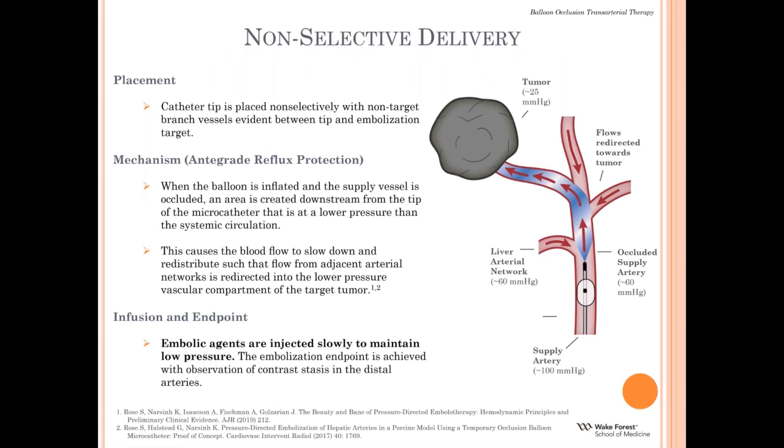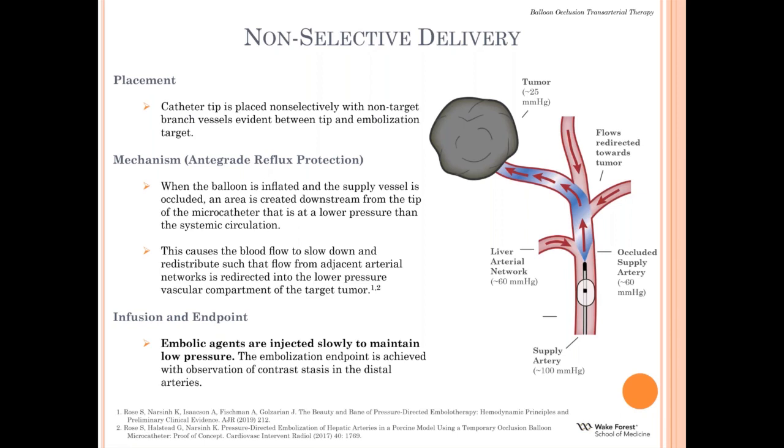and it basically rests on the presumption that a tumor bed is going to have a lower pressure due to the fact that it's consisted of abnormal vessels. And so when you occlude the supply artery proximally, the tumor bed is going to act as a sump, and the normal hepatic arteries are going to be at a higher pressure. So flow will then reverse into the tumor bed preferentially so that you can deliver more embolic agent and hopefully